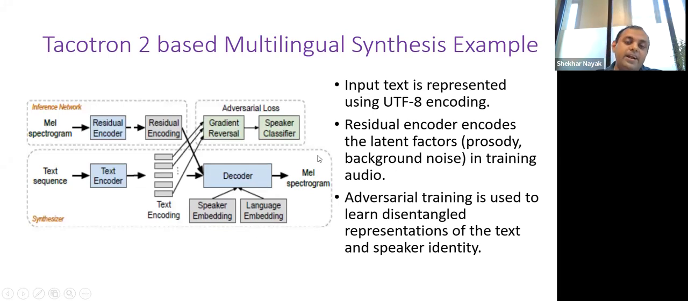And then there is a vocoder at the end, which in Tacotron 2 based models is a WaveNet vocoder. In Tacotron models, it's the Griffin-Lim algorithm, which synthesizes the speech from the spectrograms. Input text is represented as UTF-8, so it doesn't matter which language you give, you can use the UTF-8 encoding for the front end of the multilingual synthesizer. And it trains using adversarial loss,